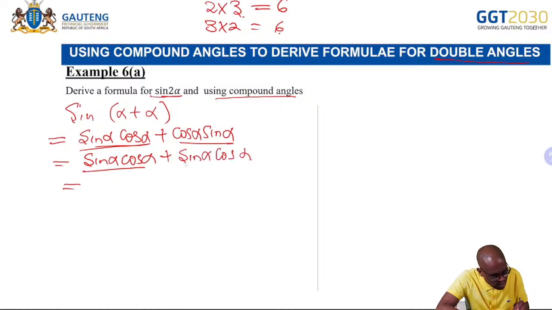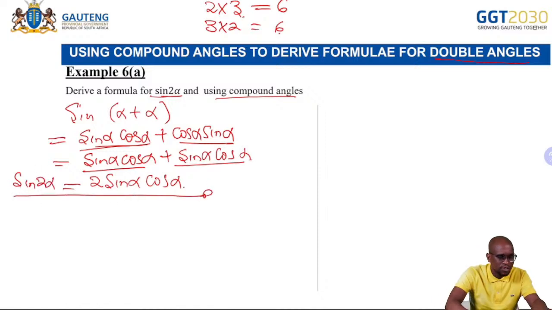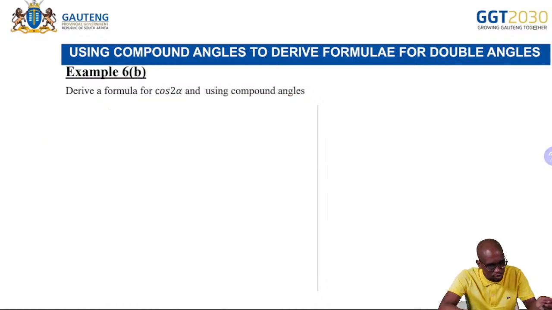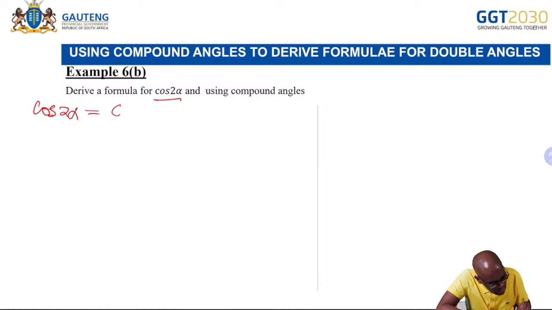So you see, these are like terms. So this becomes 2 sine alpha, cos alpha. So that is how you write down sine 2 alpha. It's given by 2 sine alpha, cos alpha, like that. That's very, very important. So you've derived the formula for the sine of 2 alpha using compound angles. So you can do the same for the cosine of 2 alpha. So the cosine of 2 alpha using compound angles can be written as the cosine of alpha plus alpha, which